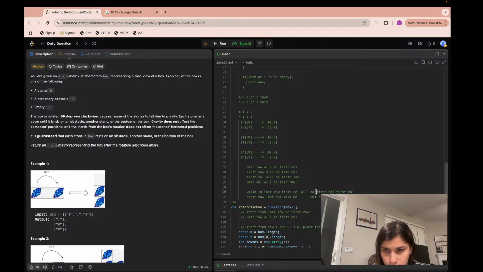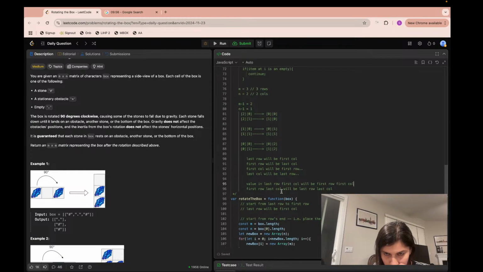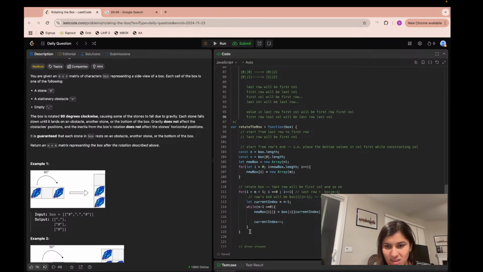So to construct my first row, first column, I need to look at the value for last row and first column. And to construct my last row, last column, I need to look at the value for first row, last column. So yeah, actually instead of this, what I can do is